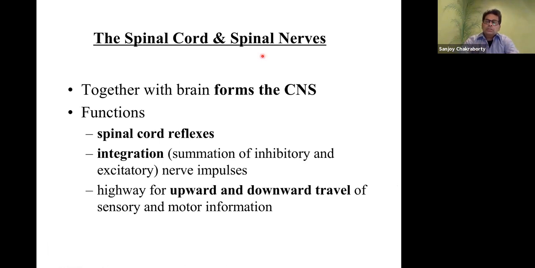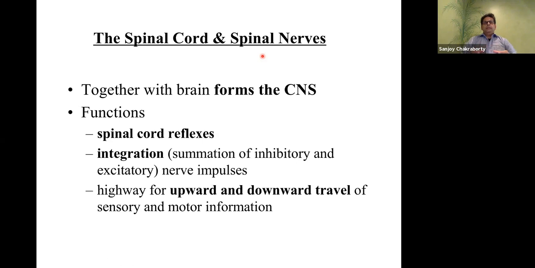Spinal cord, which is part of the central nervous system. So we learned in an earlier lesson that the central nervous system is comprised of two parts. One is the spinal cord, one is called the brain. Brain we are going to study later on. So spinal cord,